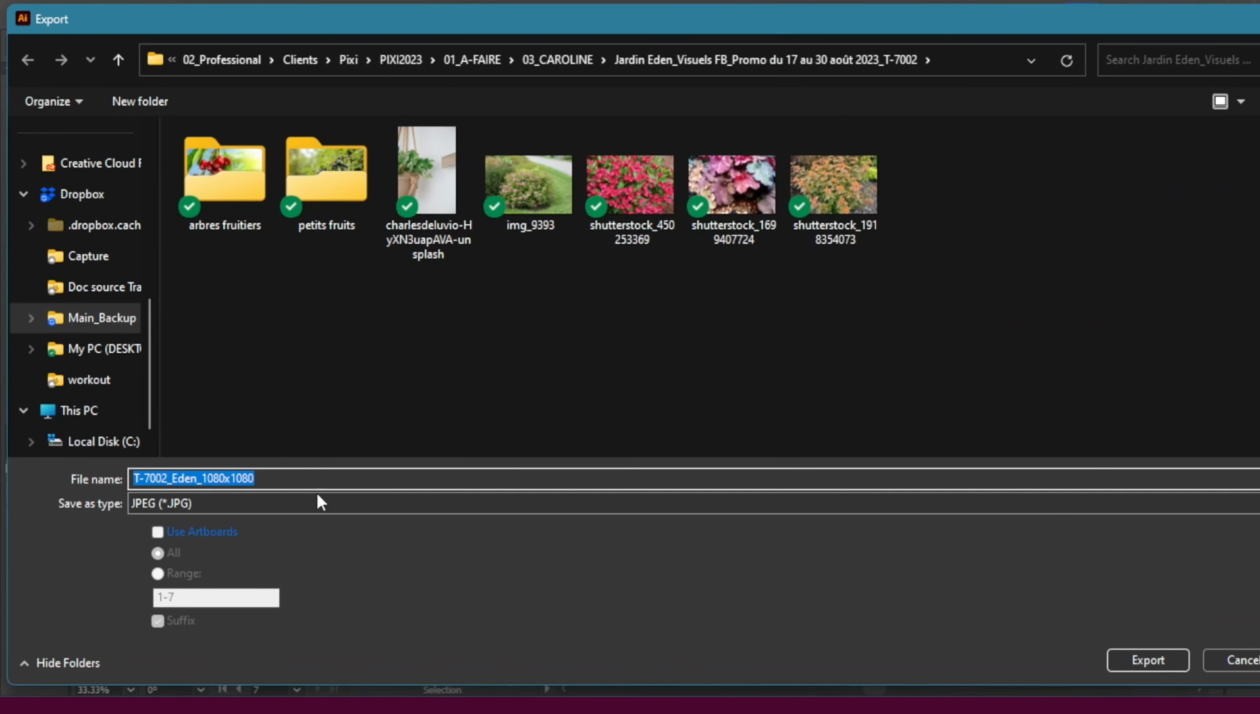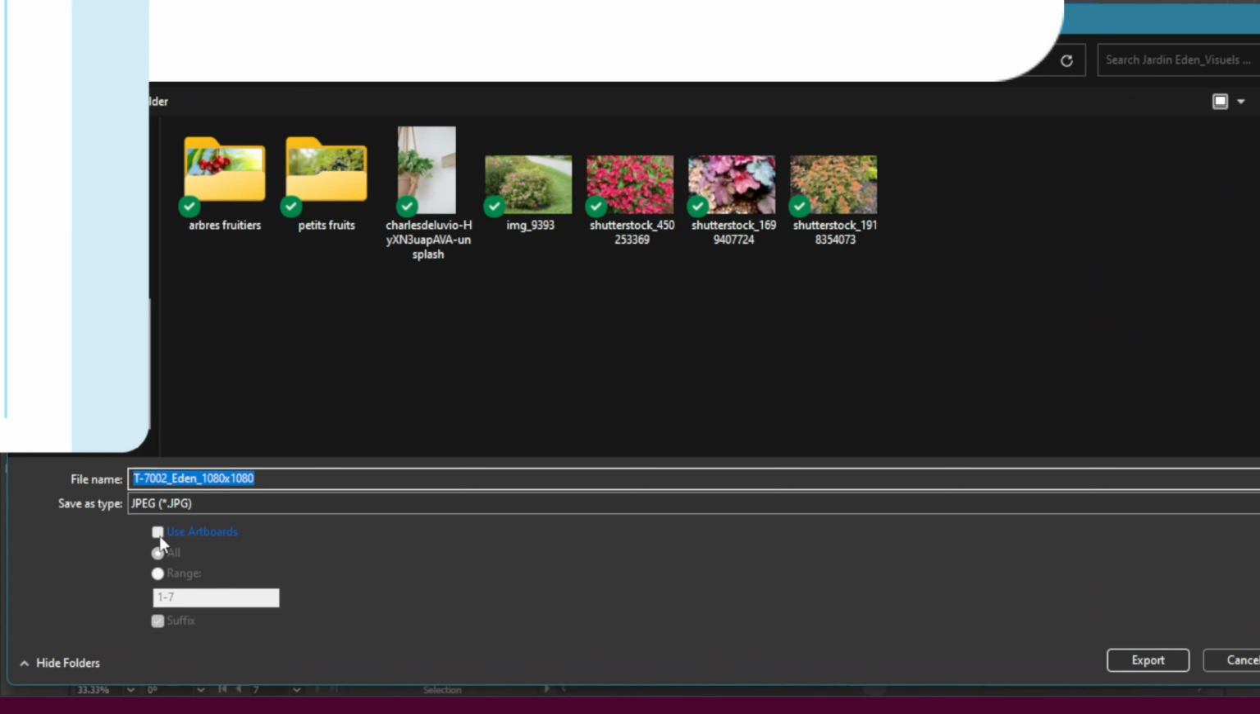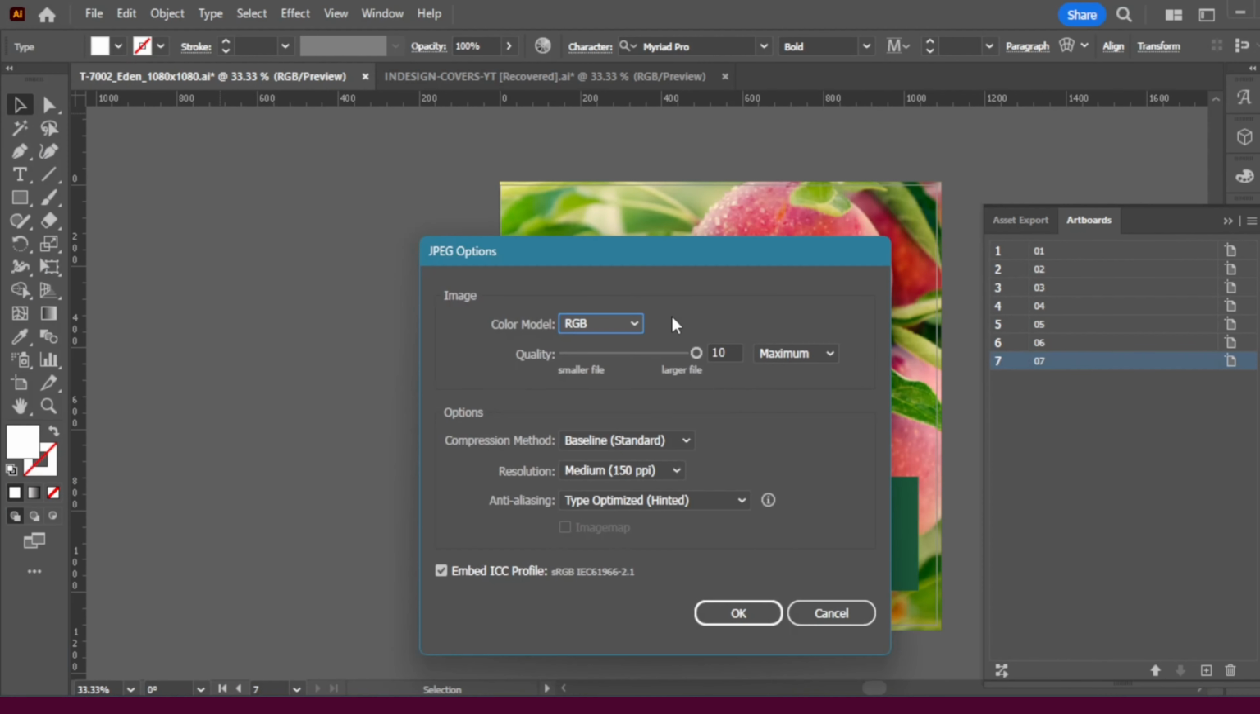But in my file, as you can see, I already have the file name, but I want to use the artboards. They're all named from 1 to 7. So my client will know that it's 1 to 7 files. So I'm going to do range. I'm going to check suffix and I'm going to do export. So in the export,